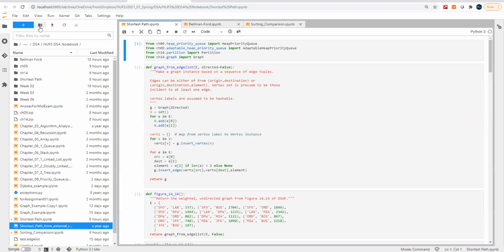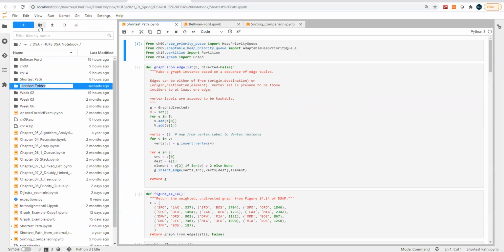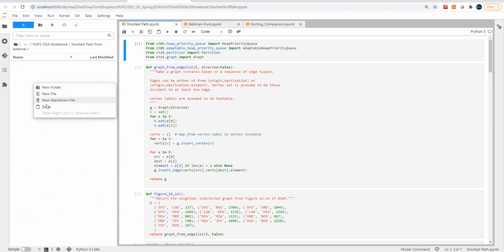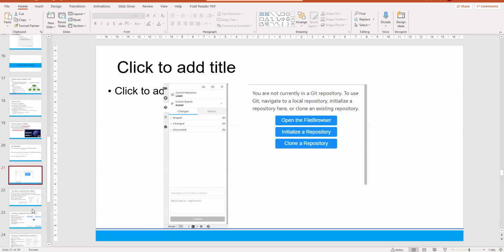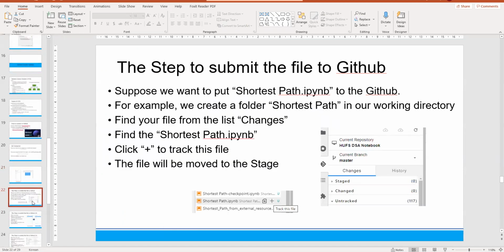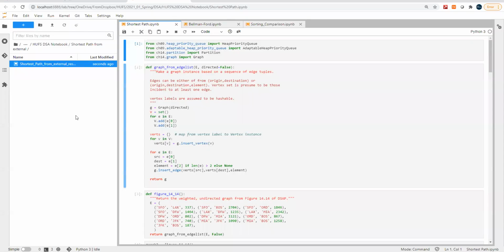like to make a new folder. Let me make a new folder with the shortest path from external. Okay, so after I have this one, I will just paste the file here. Okay, and if you check on your PowerPoint, first you need to find this shortest path.ipynb, but let me change it to shortest path external resources. Okay, so if you have set up the external path for resources like this one, now you can go to the